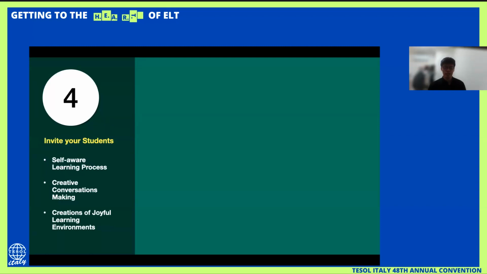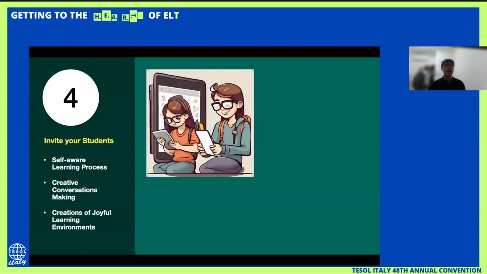So the students in here will have a more self-aware learning process. While they are chatting with the EduAct, they can use their iPad or cell phone to do the chatting.